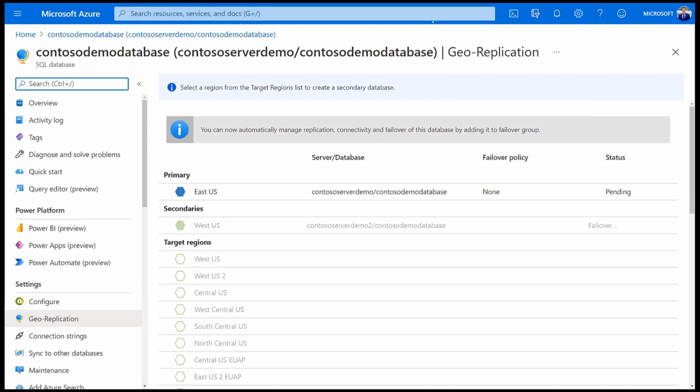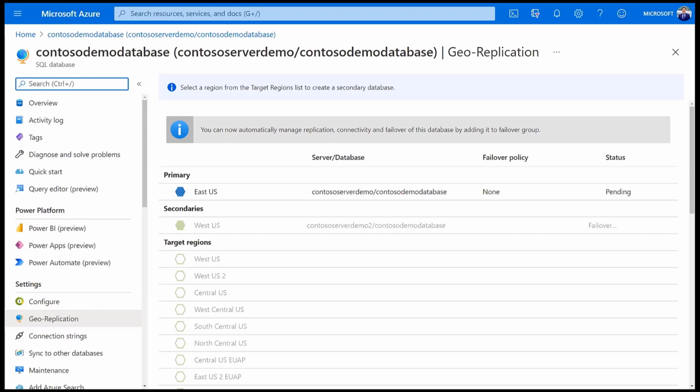Now, what I wanted to show you with this is that there are actually many interesting demos that can be done with failover groups or Geo Replication. I wanted to keep it simple, to see how simple it is to deploy a replica. Imagine if you wanted to do it yourself, with your infrastructure in West US and East US, and then you had to set up Always On by yourself. Of course, it's harder than just simple clicks.